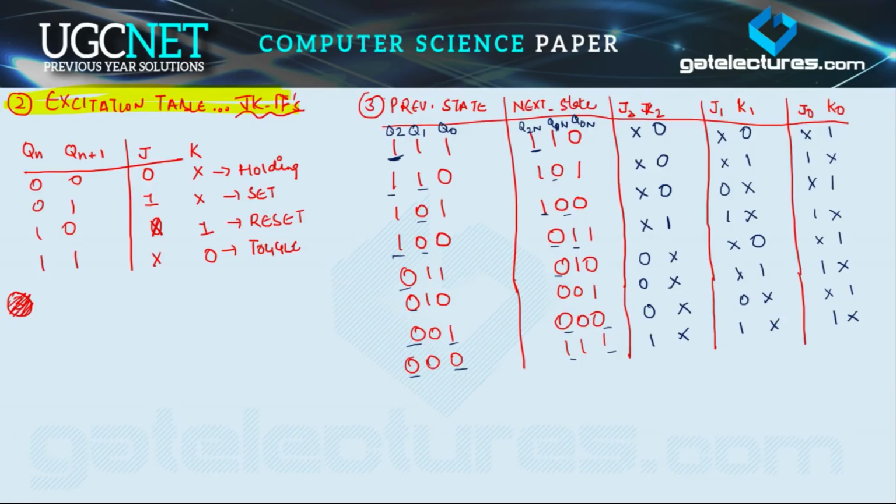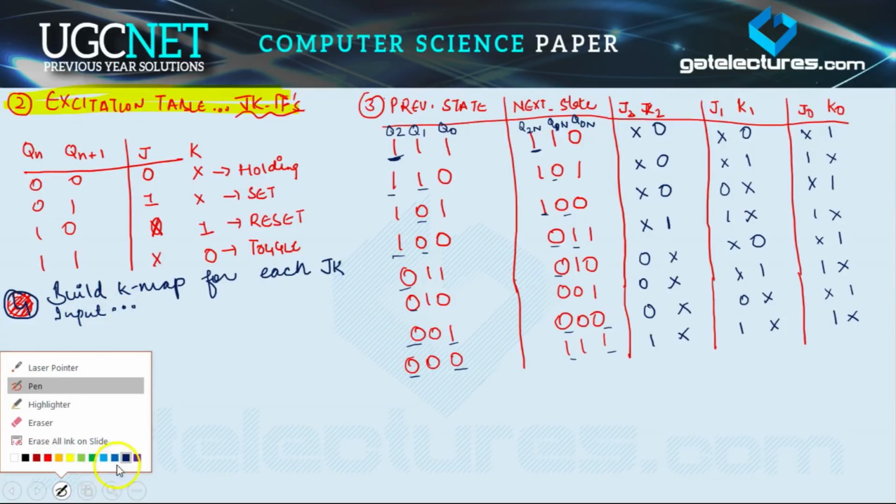Now with the help of the table, draw the K map. So build a K map for each JK input. So now the fourth step is to build K maps for each JK input. So this is your fourth step. Now